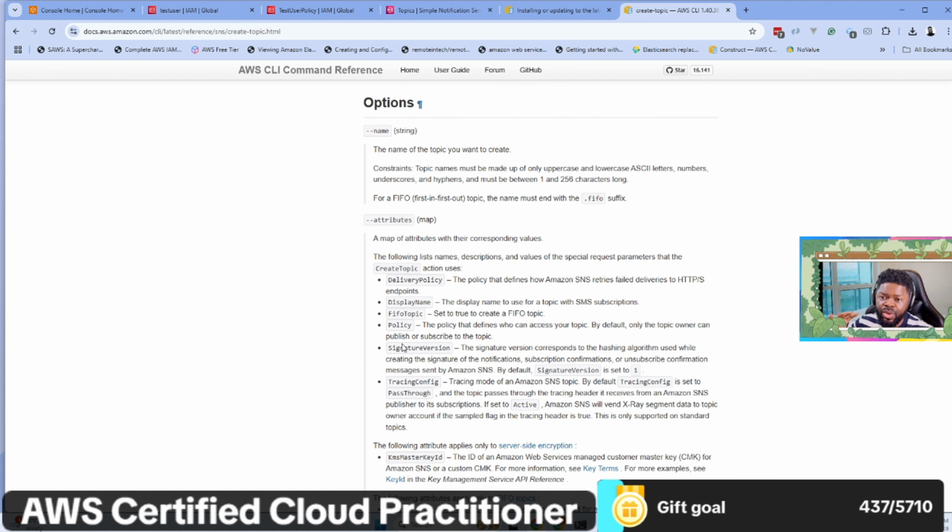So don't just know that the CLI is a command line interface for you to be able to interact with your AWS services without going to the management console; it's an option for you, okay? And you're going to see it in your journey. There's no way you can tell me you know AWS if you can't use the console. There's no way. You have to know how to use the management console. You also have to use the CLI, because there are some things